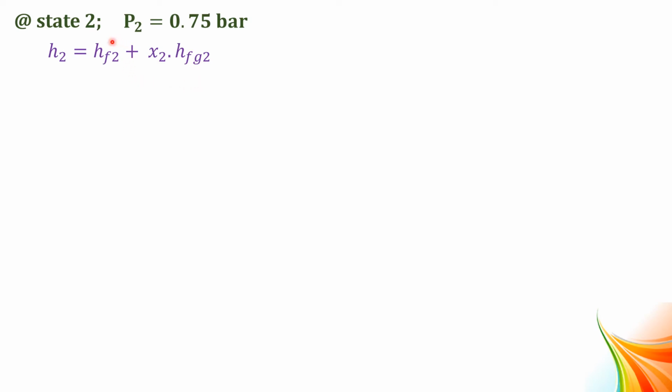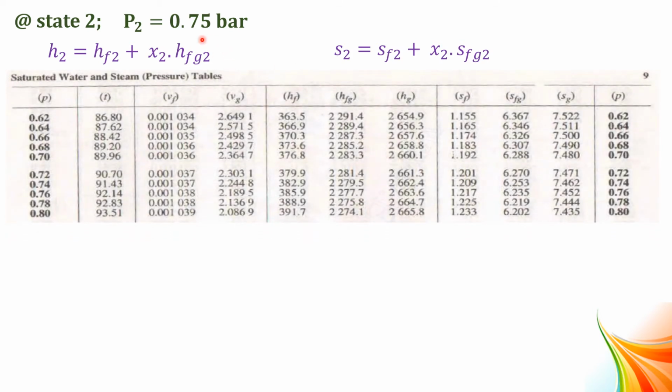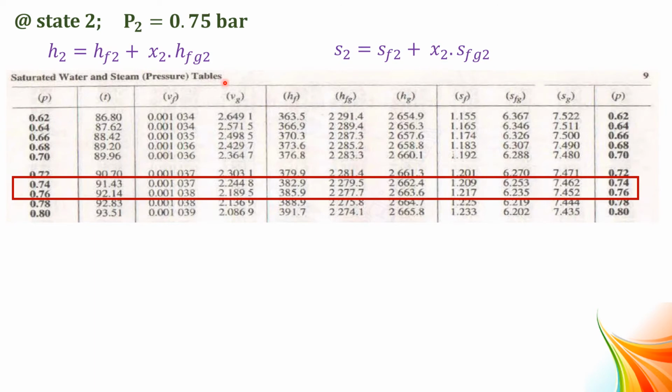Now we have to find out the values of HF2 and HFG2 from the steam table, and the X2 value from the specific entropy equation, S2 equal to SF2 plus X2 into SFG2. So here, if we know the values of SF2 and SFG2, we can find out the value of X2. The S2 value is already calculated. From the steam table, corresponding to a pressure of 0.75 bar, we have to measure the values of SF2, SFG2,